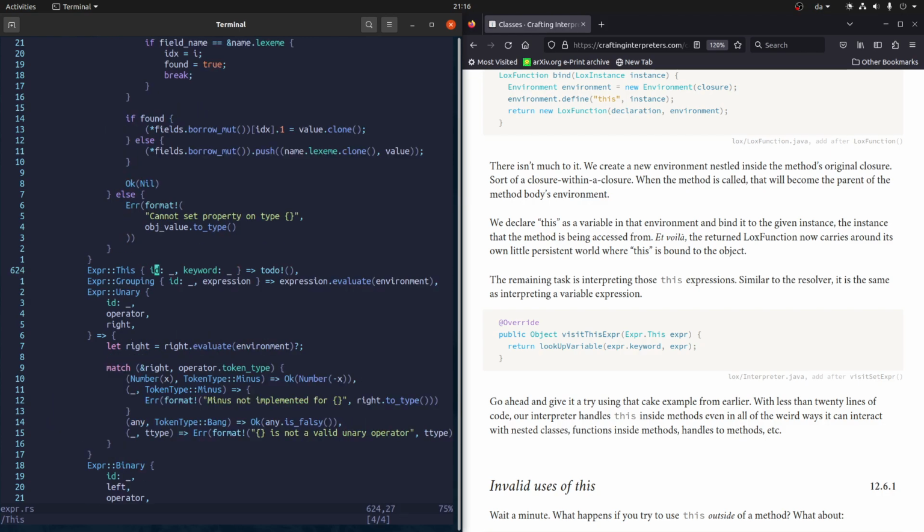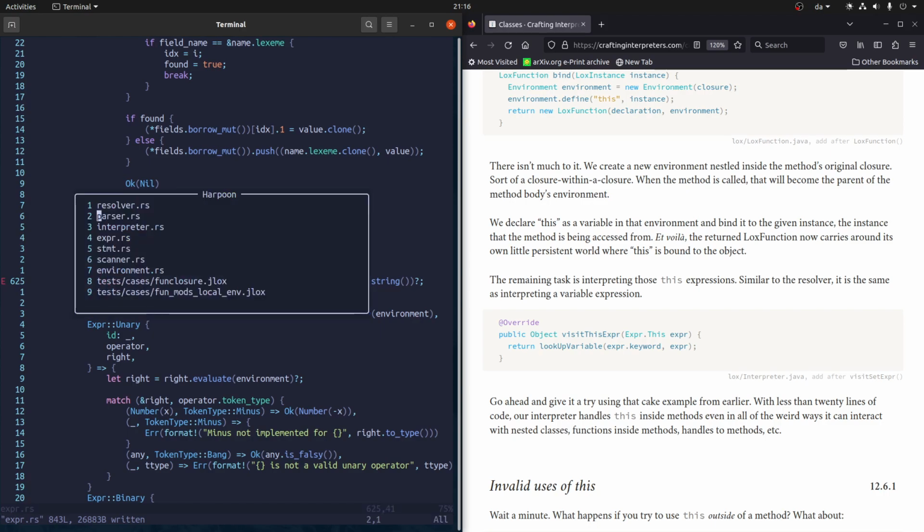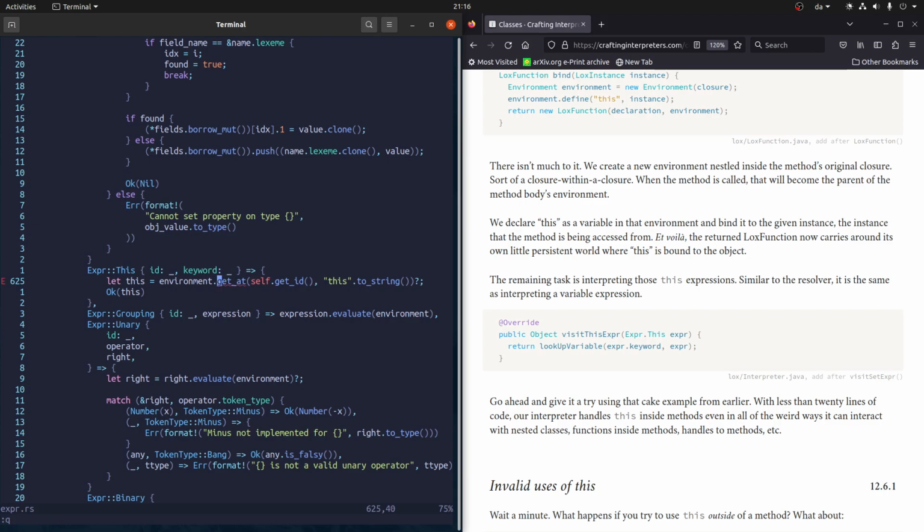We had to do here. And it says lookup variable. But I guess it is something like this, except we don't have a get at. But I think because we don't